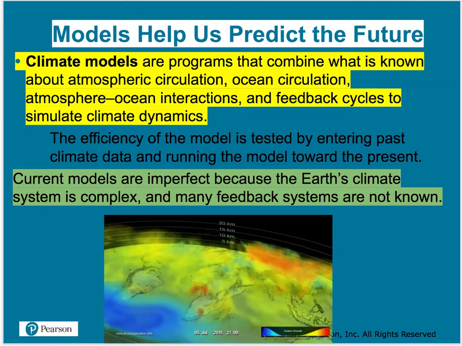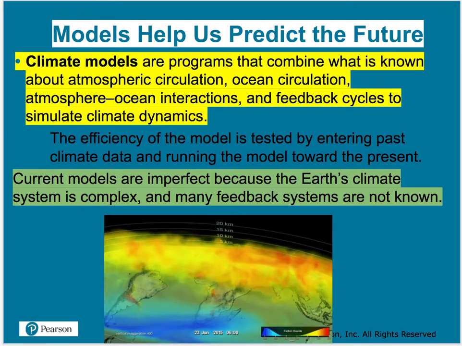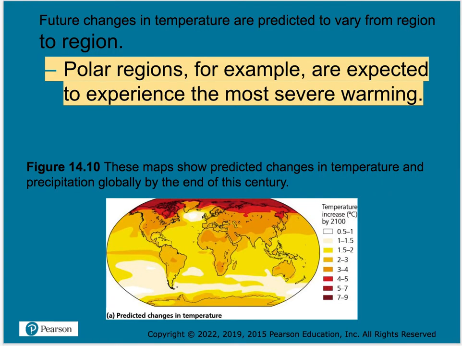So scientists will make different climate models to help them predict what the future is going to look like. Models are usually pretty unreliable because lots of different factors can affect them, but they do their best with the models. Average surface temperatures have risen about 1.1 degrees in the last 100 years. That doesn't sound like that much, but that's a couple degrees Fahrenheit. And again, it's affecting the littlest things, not the bigger things. Like the whales in the ocean aren't necessarily affected at first. It's the plankton at first, and then everything up the line.